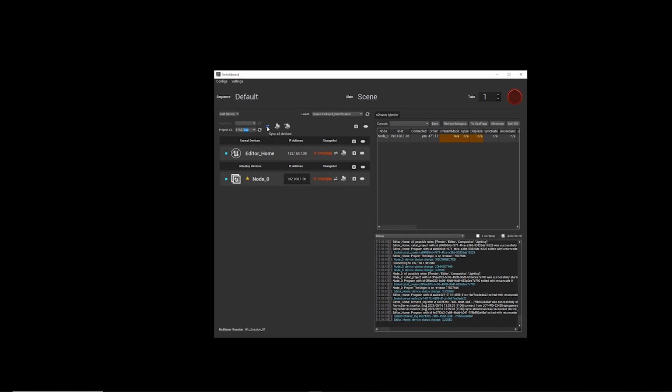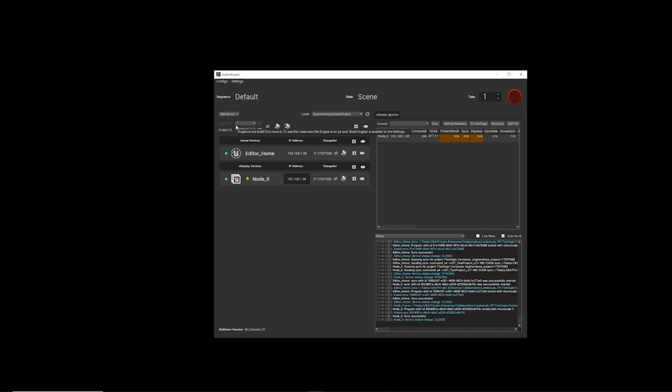And if I hit the sync button, there we go. Now we're on the change list ending 230. If we want to go back, we can simply select the change list here and hit sync. It is actually possible to sync and build the engine through Switchboard as well, but that's something beyond the scope of this video.